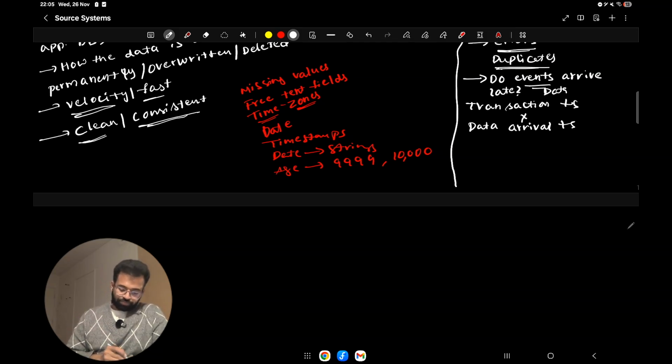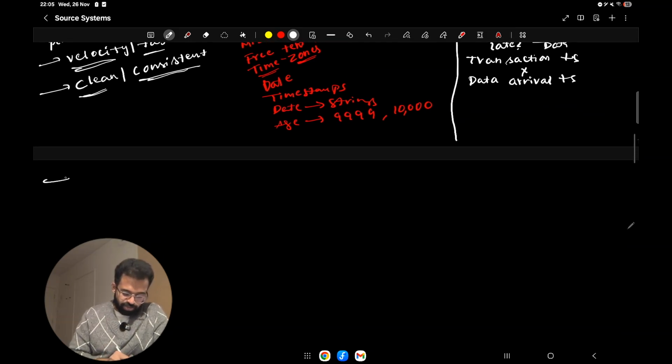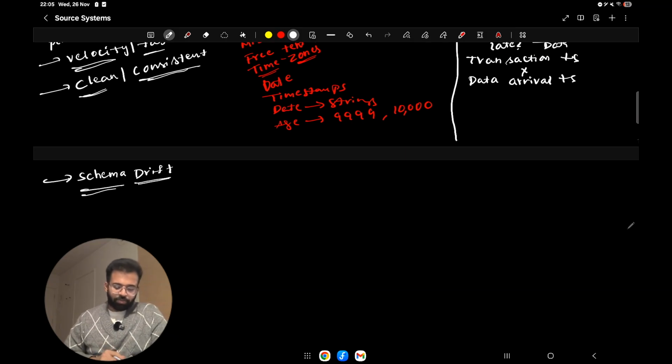And then the most common issue, guys, the most common issue is schema drift. Unless you are a junior or mid-level engineer, if you are a senior engineer, you probably would have heard about it like a thousand times. Schema drift is whenever the schema changes upstream, which is in the source system. What do I mean by schema changes?